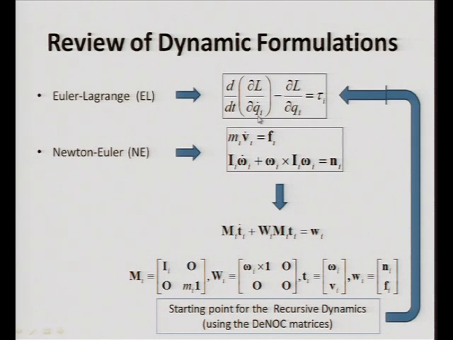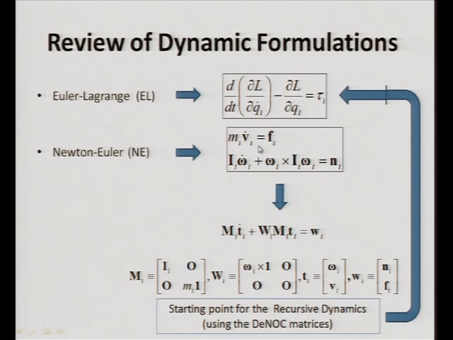q_i is a generalized coordinate, so q_i dot will be the generalized speed, d/dt is the time derivative, and tau_i is the generalized force. For our robotic systems, the generalized coordinates are the joint angles and tau_i will be the joint torques. Now, the next one is the Newton-Euler equations. First we write Newton's second law, mass into acceleration, m_i v_i dot, is equal to the